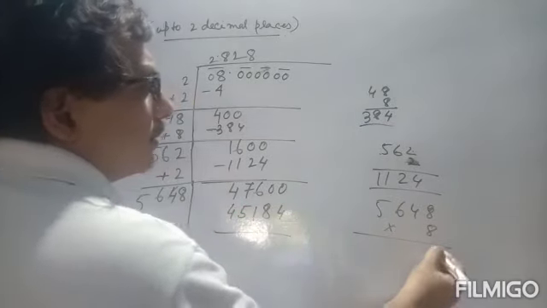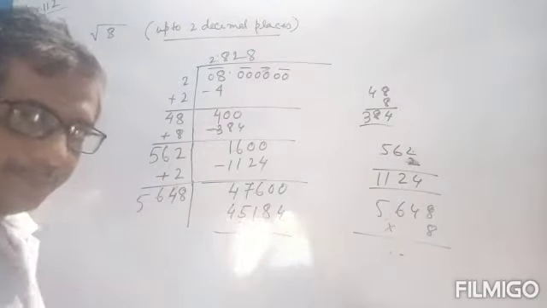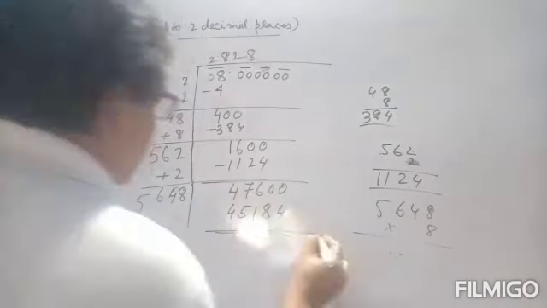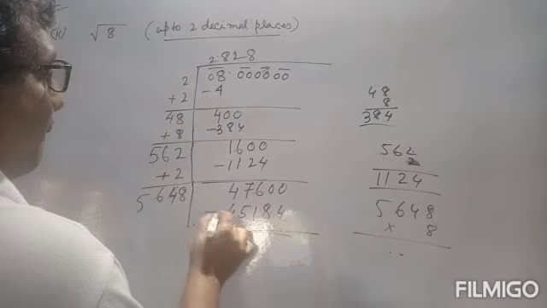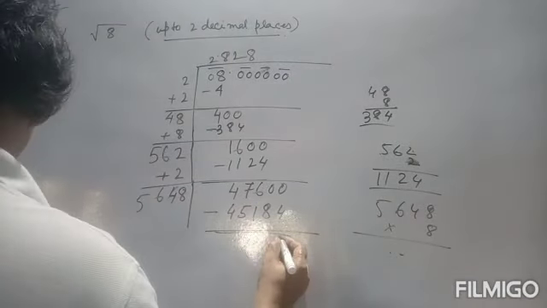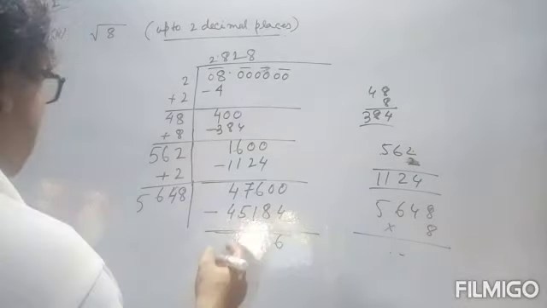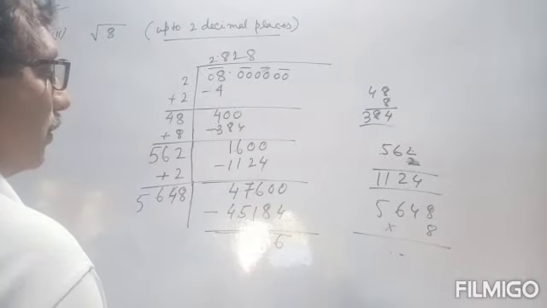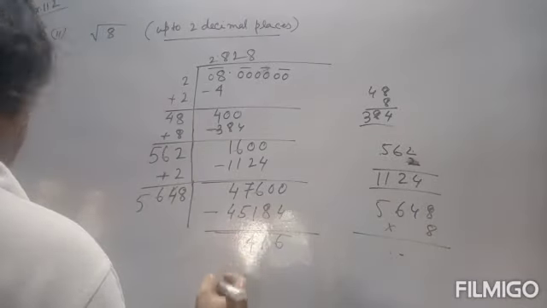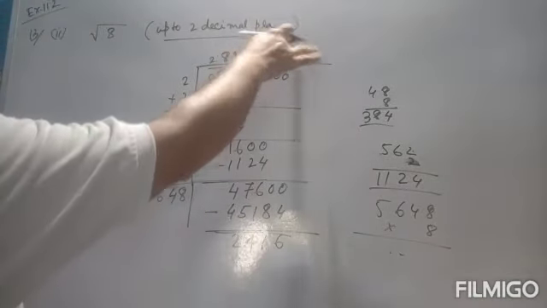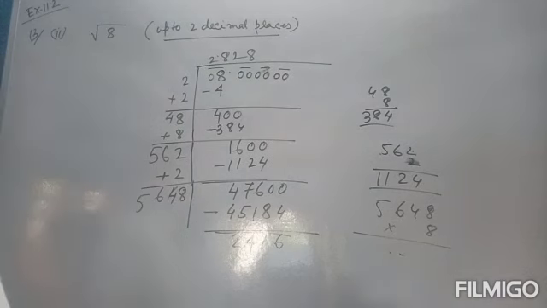Just multiplying, we get this. Then subtract this. This is 6, this is 1, next 4, and so it is 2416. Proceeding in this way, we can find another term, but we only have to correct up to